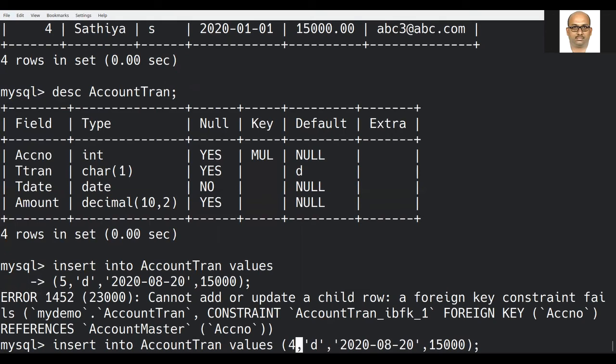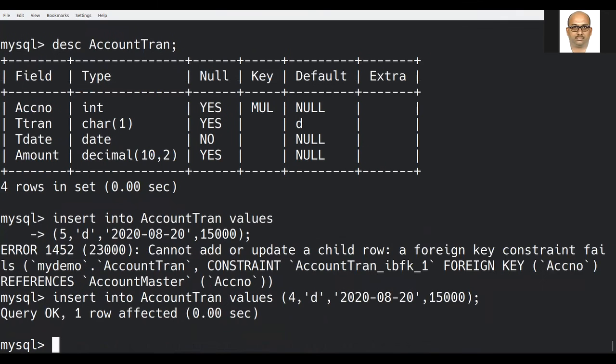Will it accept? See, now it has accepted. It means that you are supposed to do a transaction only for the existing account and not for other accounts. I hope I have explained constraints via this example in an easier manner. Thank you.